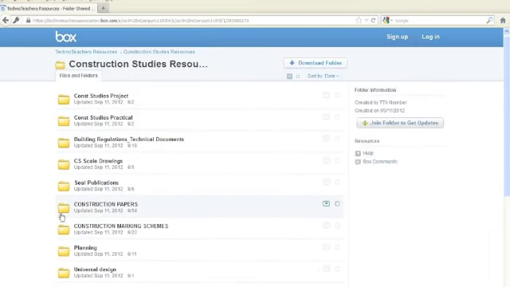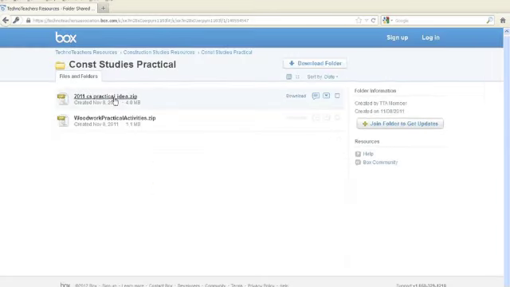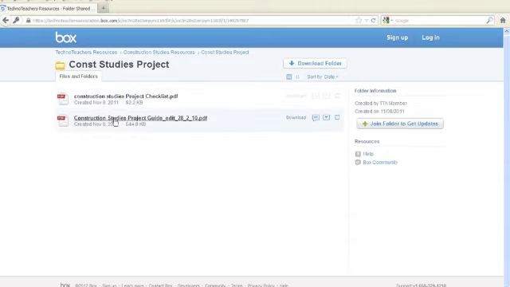Obviously these here are folders, so our scale drawings there, SEAI publications, construction papers, marking schemes, universal design, etc. There, construction studies, practical. You can see here there's the practical idea for 2011 there. Simply up here then I have a little breadcrumb which I can go back a level there, so I can go back to my construction studies resources where I was previously. Construction studies project, so you can see there's the project guide which the association developed a few years ago. If I go back to the top level,